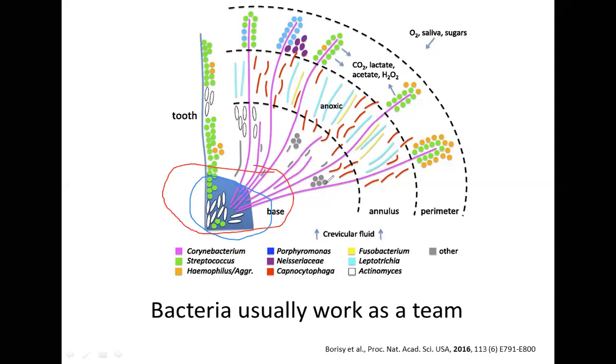Now, the environment of the human mouth is extremely complex. You've got a lot of oxygen. You've got saliva, which contains enzymes capable of breaking up certain bacteria. You also have some very complex sugars, which are not able to be processed by all of the bacteria on the teeth. So you will see this sort of spontaneous organization where at the perimeter of this structure, again, all on the base of the Corynebacterium, you have bacteria that are